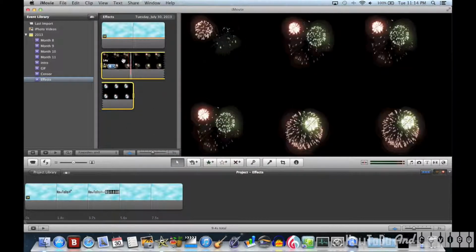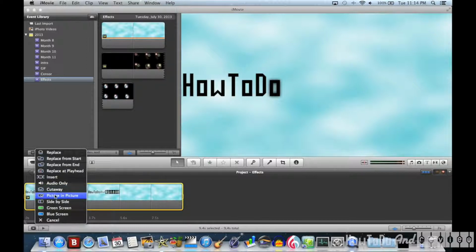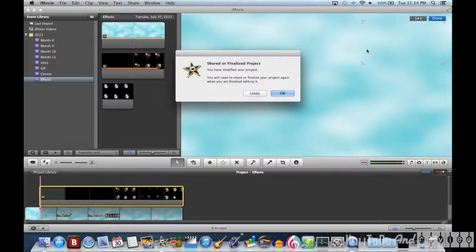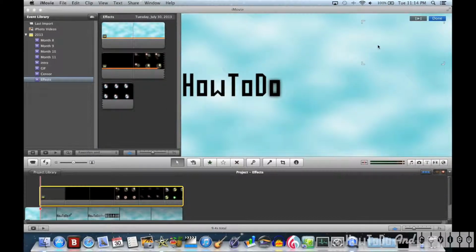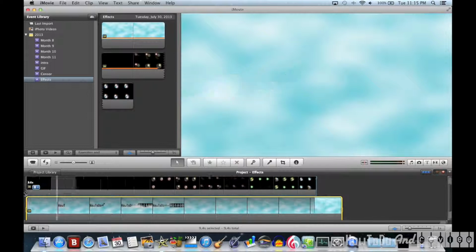From here, I can select the entire clip and drag that down into my timeline using picture-in-picture. It's just making sure we're wanting to modify this after exporting it once already. I resize my picture-in-picture to take up the entire window. And slide that to the beginning. It can be